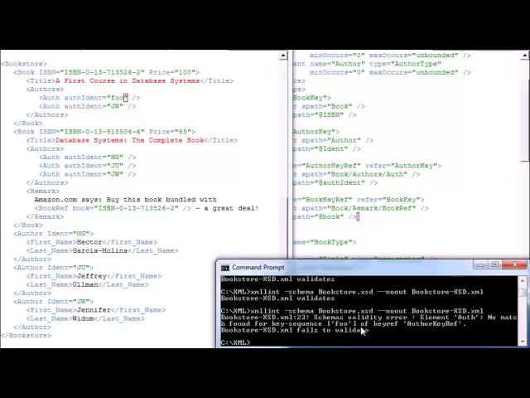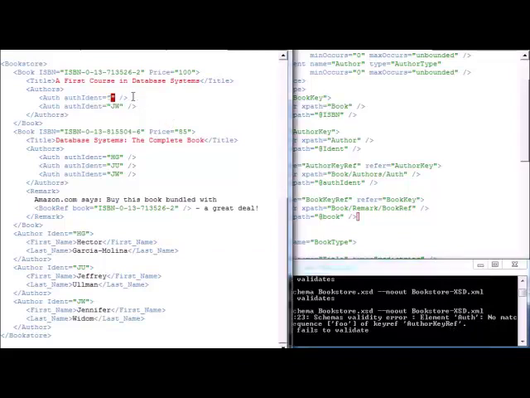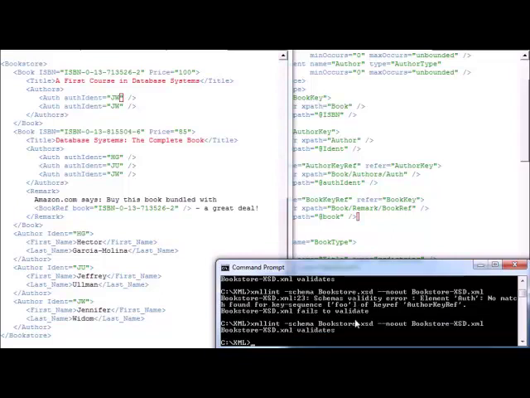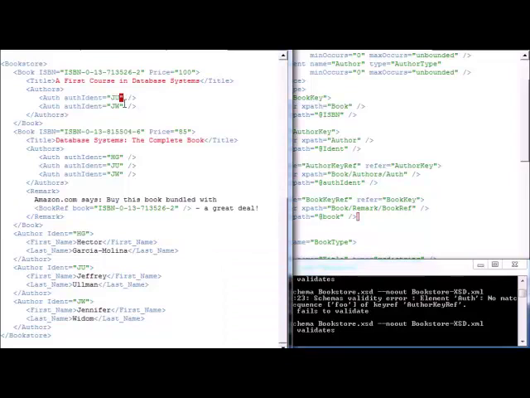Let's validate the document, and we should get an error, and indeed we do. The author key ref is incorrect. Now let's change that foo to JW. So originally it was JU, but now we're going to have two authors, both of whom refer to JW. Now this should not be a problem. It's simply two pointers to the same author, and we did not prohibit that in our XML schema specification, and indeed our document validates. We'll change that one back, and as the last change, we'll change our book reference here